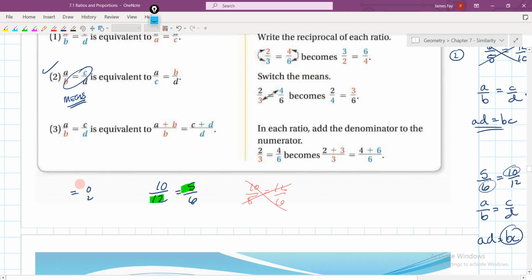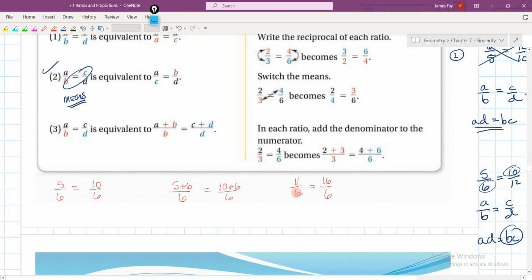The last one says that you can basically take your denominator, add it to your numerator in both ratios, and still get a true proportion. So what do we mean by that? Let's start with 5/6 equals 10/12. If I add the denominator to the top, I get (5 plus 6)/6 equals (10 plus 6)/6. The reason you can do this and still get a true proportion. So just combining like terms here, we get 11/6 equals